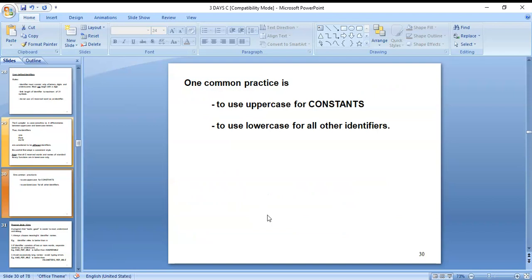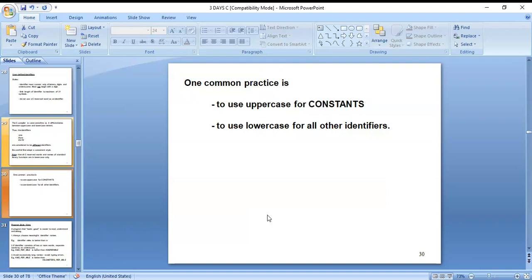A common practice is to use uppercase for constants and lowercase for all other identifiers. For constants you can use uppercase letters, and for the other identifiers you can use only lowercase letters.